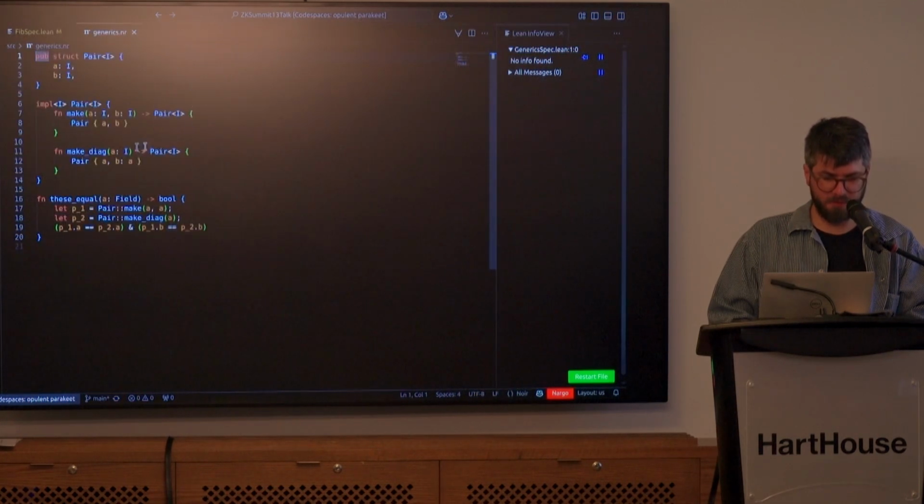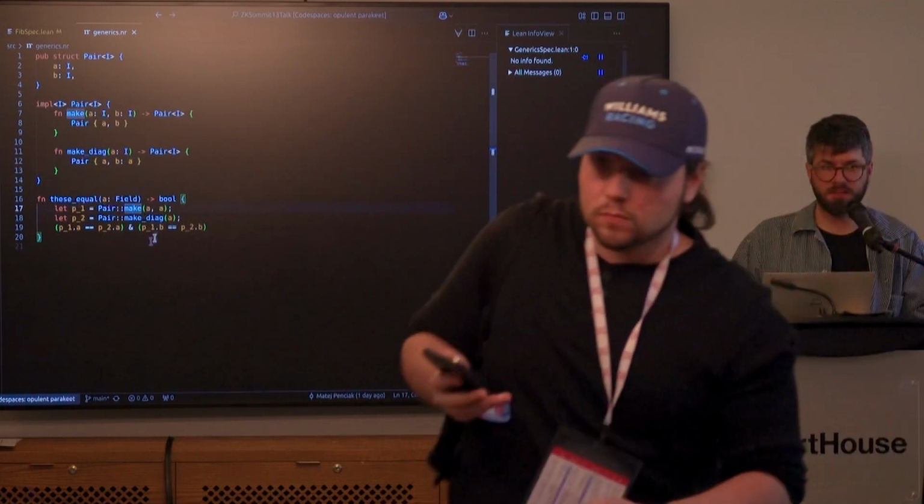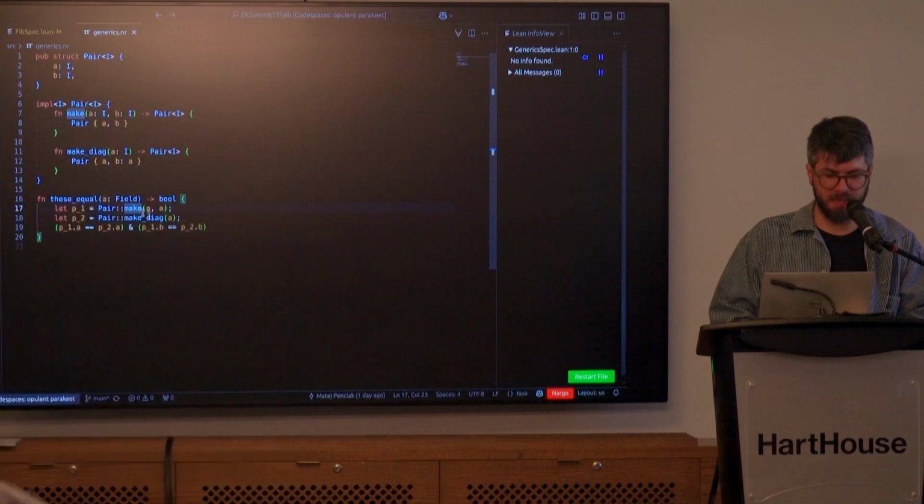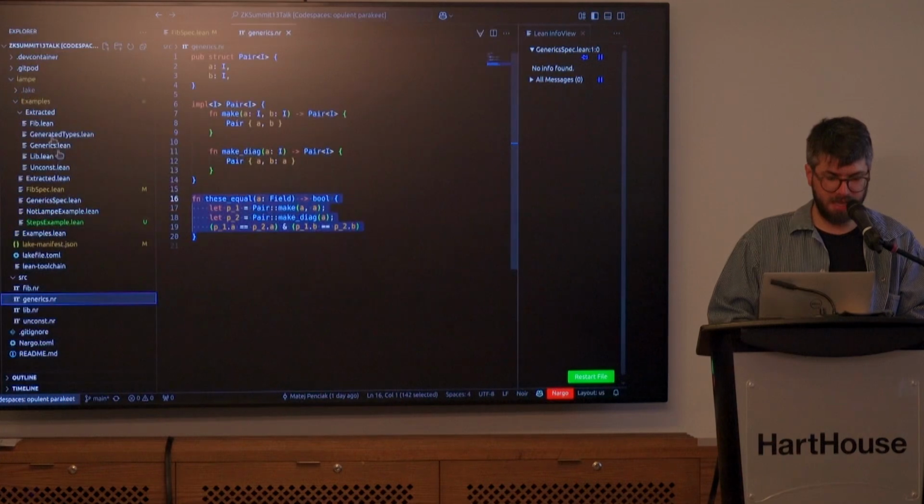So I have the two functions that I've defined about pair, or like the two associated functions make and make diag. And this function, these equal, should basically prove that the result of make with AA and make diag should result to true. So in the end, I should hope that this function equals true. And if I go back to